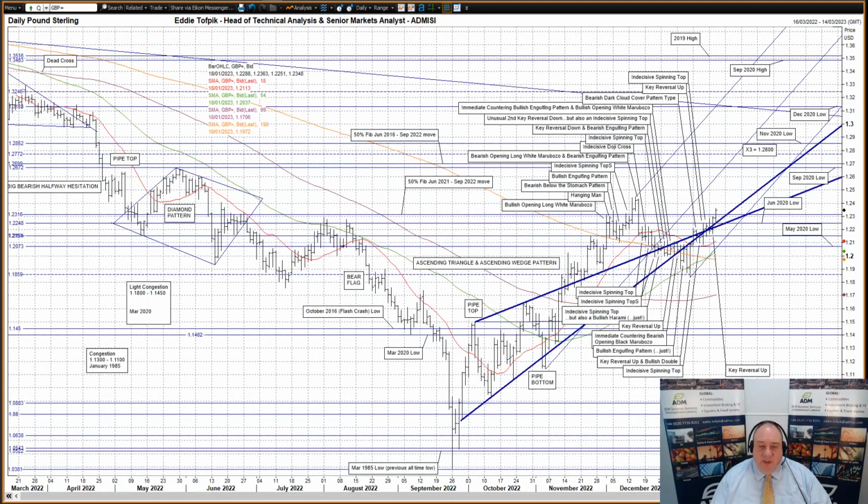Cable, aka sterling against the US dollar. A key reversal up yesterday, and what may become, probably only with hindsight though, a possible significant key reversal up. You see, we are now completely outside not only the apex, but also the whole of the September 2022 to January ascending wedge pattern, and by now we would need to see a direction from this pattern, especially after all the false breaks in both directions. The market punched up and closed over the June 2020 low at 122.48 after finding support again from the Fibonacci and other closing based congestion in the 121.50 zone.